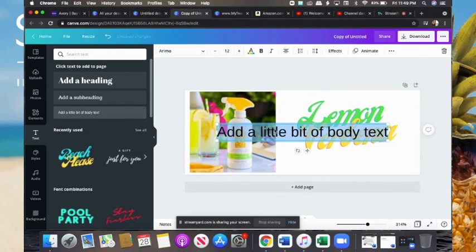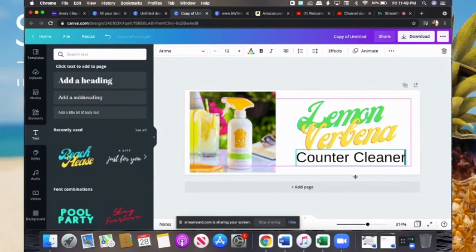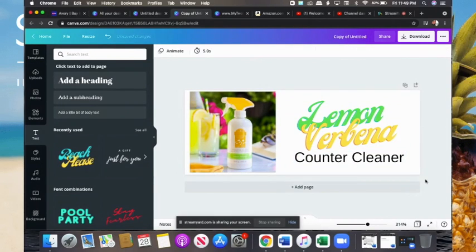And let's just add a simple font in here, and let's just add counter cleaner so that people know what it is. So this is for your samples. And then boom, just drag it over here and then try to get it nice and centered and done. See how simple that was? All right, so